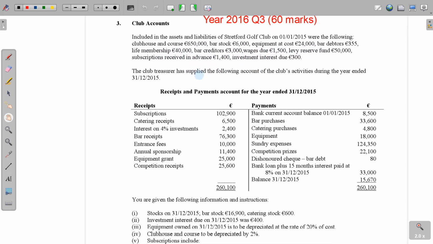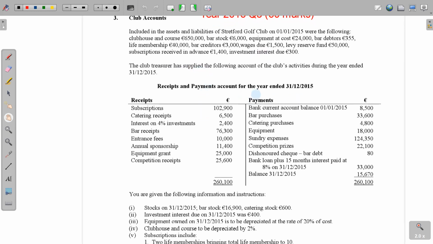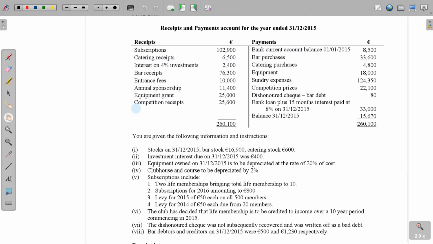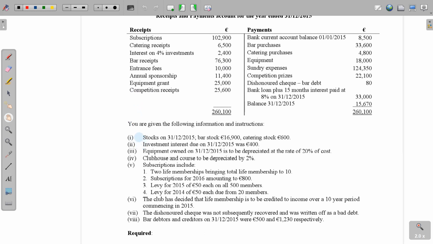We're then told of the financial activities of the club, receipts and payments as always, and we know that there are little nuggets in here that will need to go into the accumulated fund as well. And we're then given a few adjustments. Standard closing stock, investment interest due, equipment, so depreciation, the long adjustment for subscriptions, writing off life membership over 10 years,